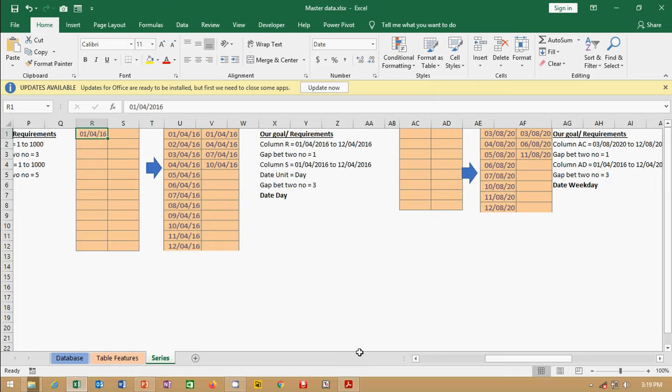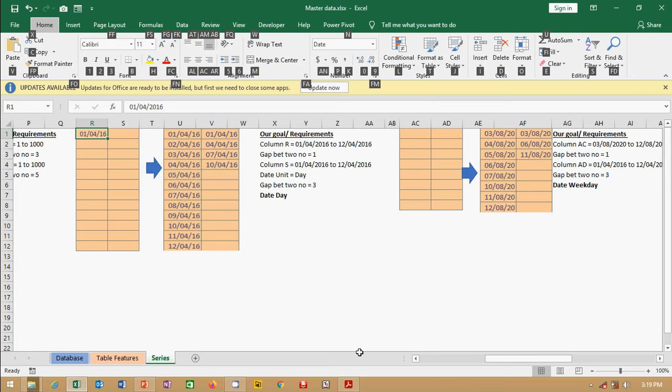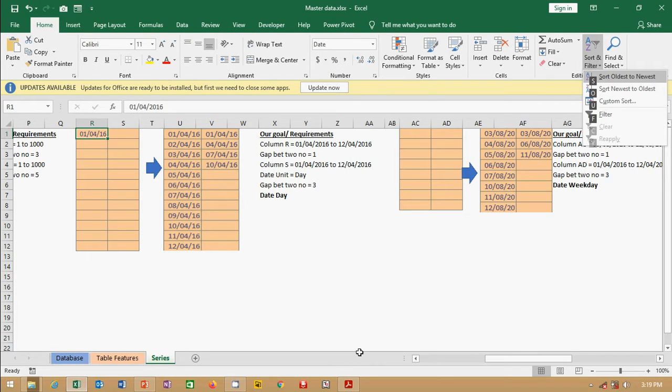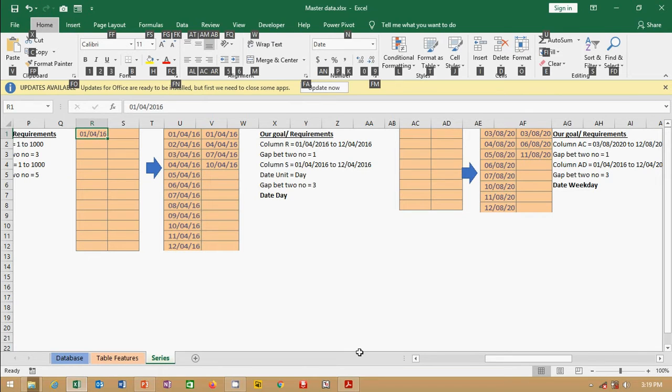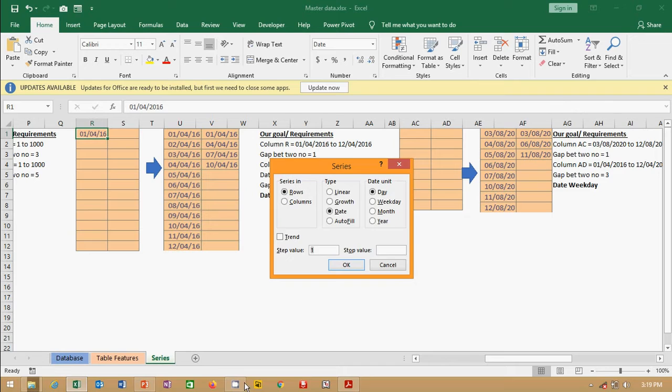Then select this, Alt H, F5, S. Now column. Now date. As you can see, growth we have done, linear we have done, now date.